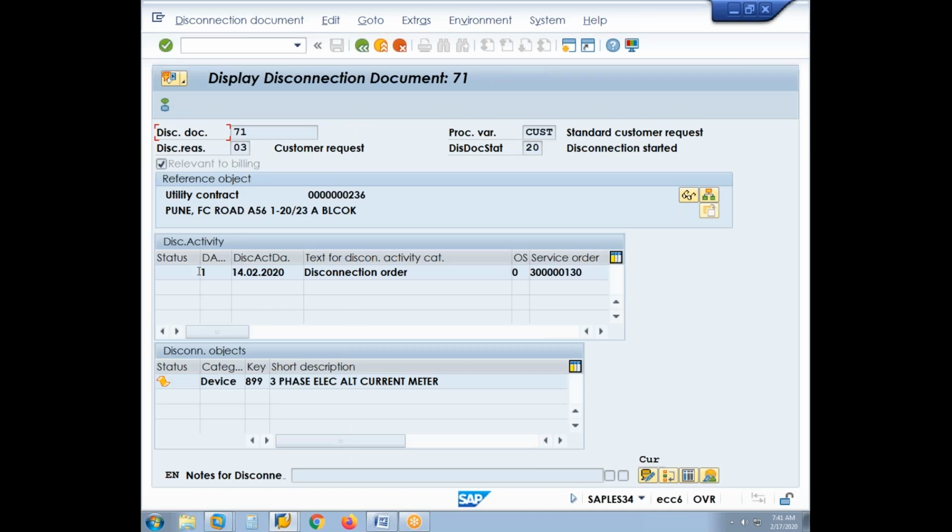71. Yeah. So this is basically utility contract 236, for which we have the installation, and for that the disconnection document 71 was created. Now at this point of time, a disconnection order has been created for which the service order has been created. That means the basic purpose of work management is upfront we are doing a process execution, creating a disconnection document,